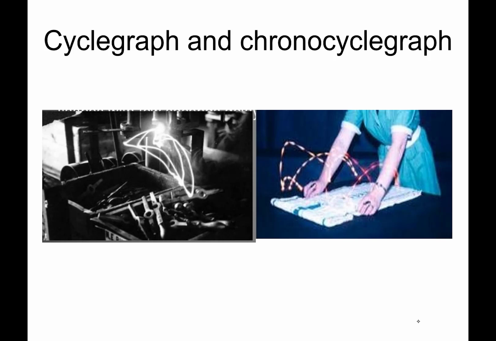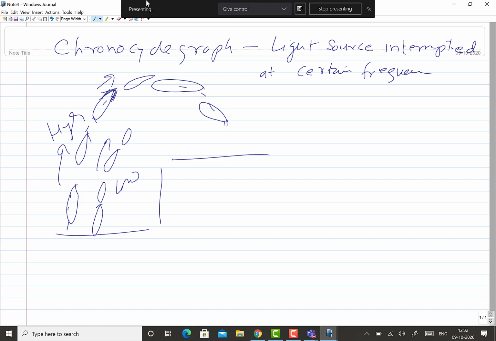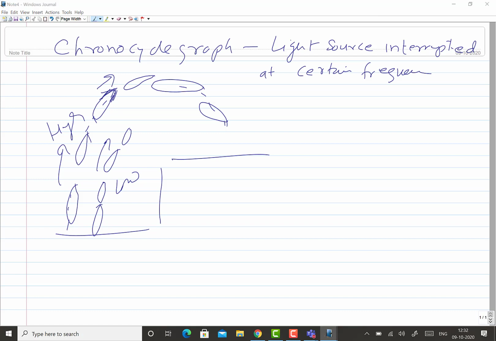So that's all about these recording techniques. Now we'll go to the next section of the method study, that is define, install and maintain. These are the three remaining steps of the method study. Today, as far as the recording techniques are concerned, we have talked about memo motion study, chronocyclegraph and cyclegraph.